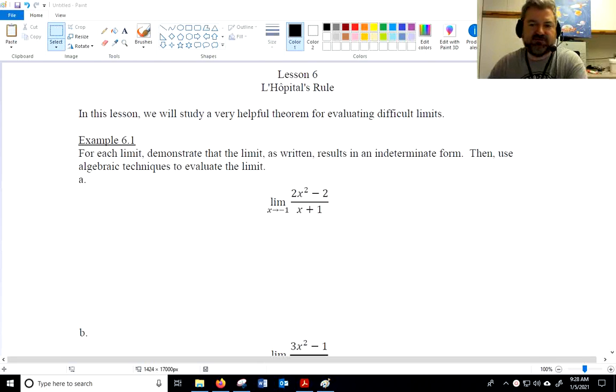All right, welcome back to another lesson in AP Calculus. Today we're going to talk about L'Hopital's rule. So this is a really helpful theorem for evaluating difficult limits. As it turns out,